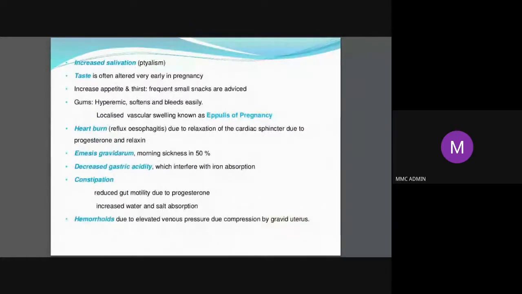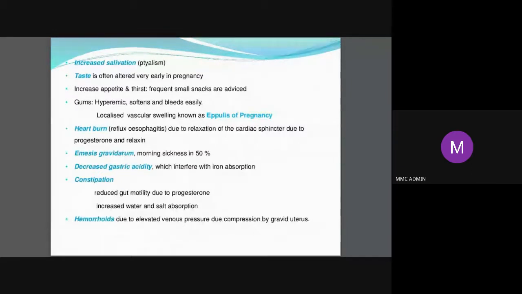Yes, please go back one more. Another important point, emesis gravidarum. All of you know, even in the movies, the first thing they show when the heroine is pregnant is she vomits, isn't it? So the nausea and vomiting can vary from person to person. It may either be very mild or it can be severe. When it is severe and it is there almost the whole day, she's not able to retain anything, then you call it hyperemesis gravidarum. Otherwise, it is just called emesis gravidarum.